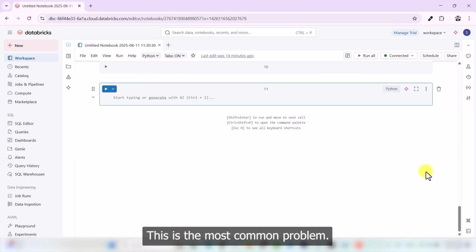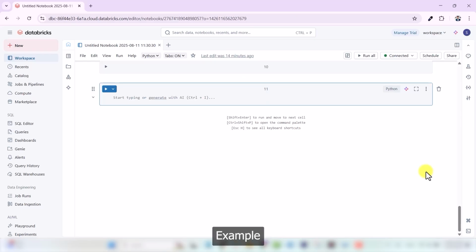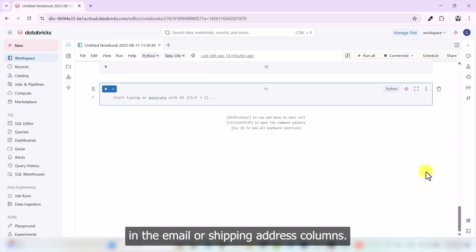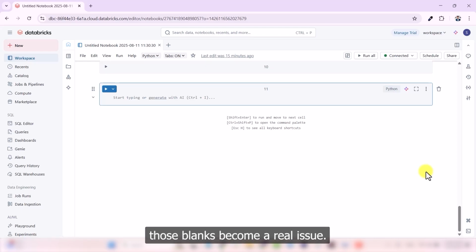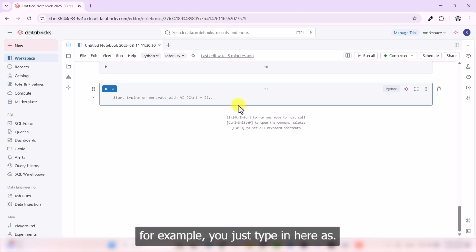Missing data. This is the most common problem. Sometimes cells are just blank. Example: a dataset of customer orders might be missing values in the email or shipping address columns. If you're trying to send follow-up messages or analyze shipping delays, those blanks become a real issue. In Databricks, you can spot this by using, for example, you just type in here